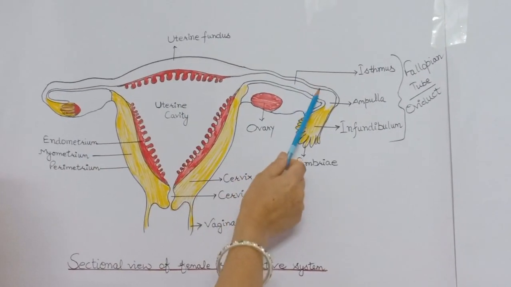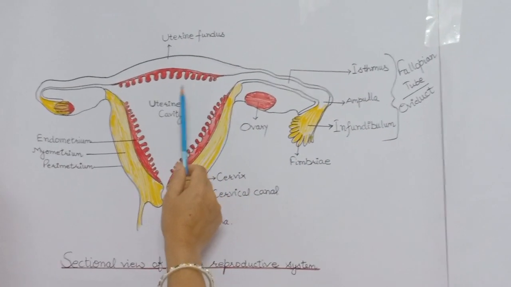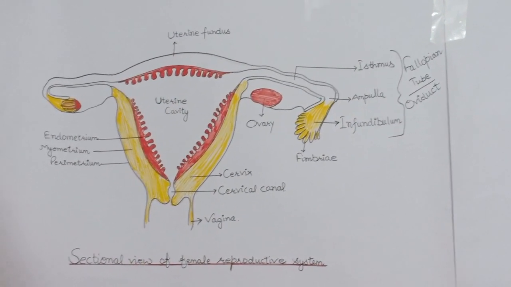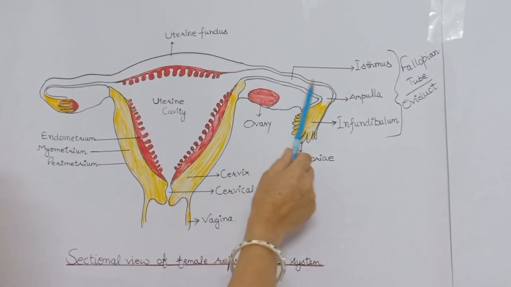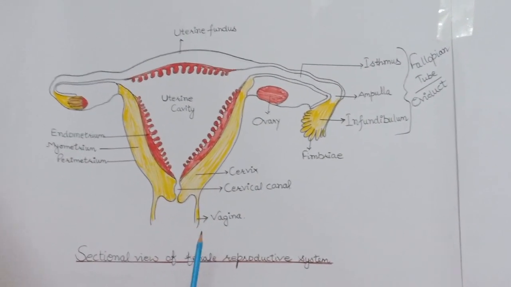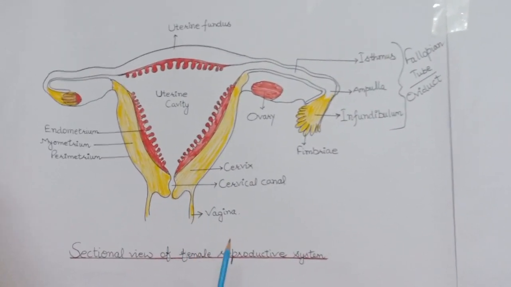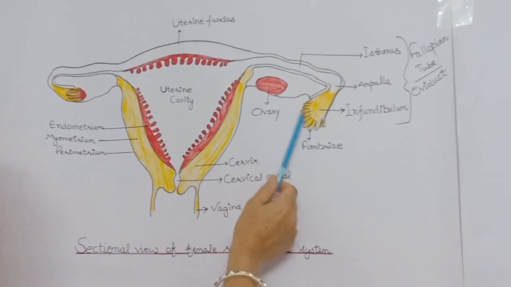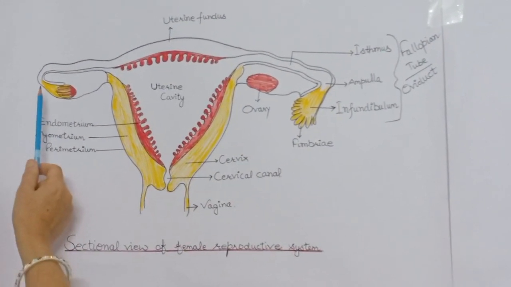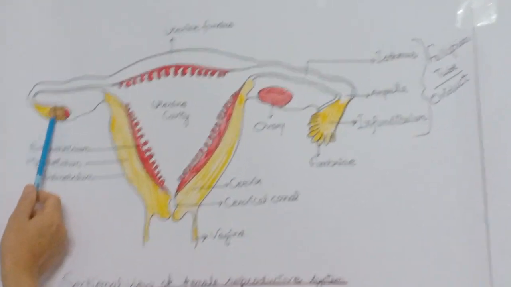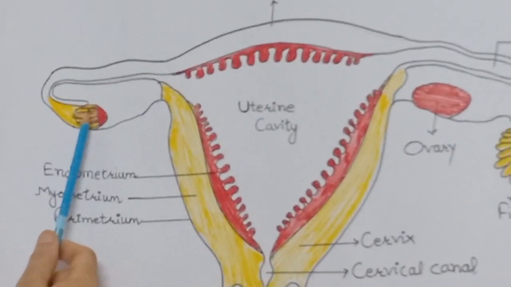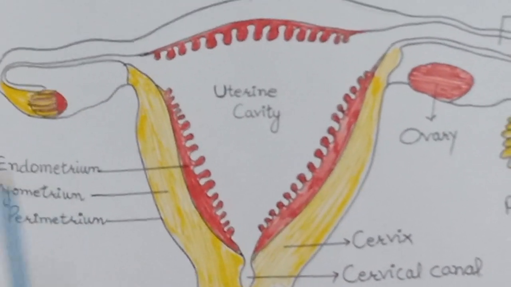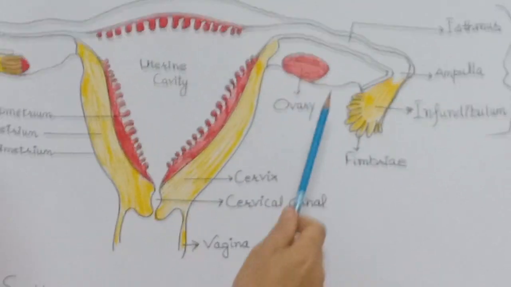A pair of fallopian tubes or oviducts, the uterus, and the vagina constitute the accessory ducts. Each fallopian tube is around 10 to 12 centimeters in length, and it is made up of three parts. The first part is known as the infundibulum, and it lies close to the ovary. Here we can see the finger-like projections of the infundibulum. They are known as fimbriae. These fimbriae receive the ovum released during the process of ovulation.